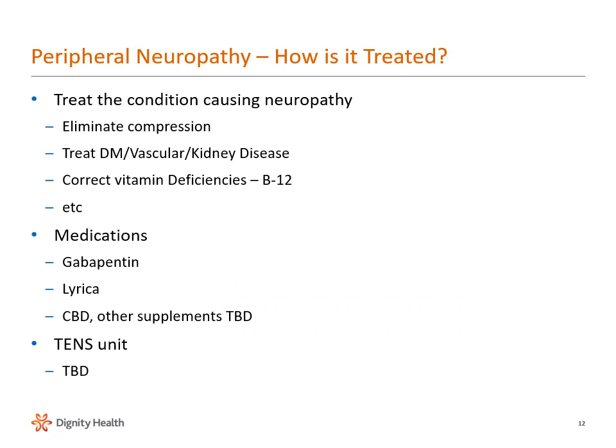So how is peripheral neuropathy treated? Well, essentially you try to treat the condition causing the neuropathy first. So if it's a compression lesion, then you want to try to eliminate the compression if possible, whether it's external or internal. You want to treat the diabetes, the vascular, the kidney disease, try to get those optimized to prevent the neuropathy from getting worse. And if there's any vitamin deficiencies such as B12, you want to correct that or address any